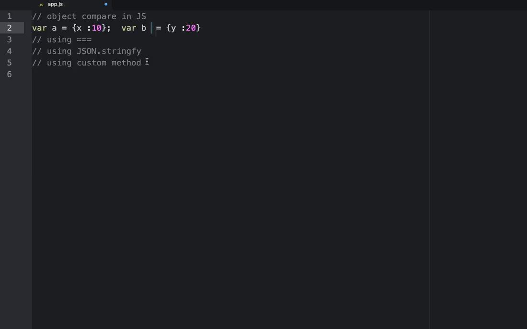So we have triple equals, right? Triple equals compares the two objects and checks if the reference of both the objects is equal or not, or pointing to the same reference or not, right? Here you see A is pointing to a different memory, B is pointing to a different memory, so it will obviously be false. But once you are done,